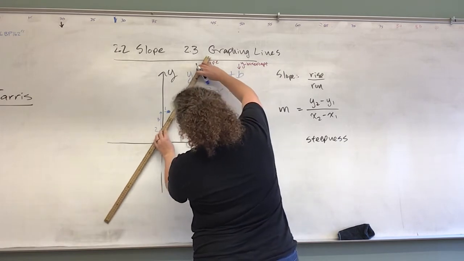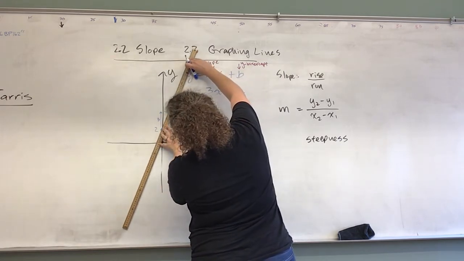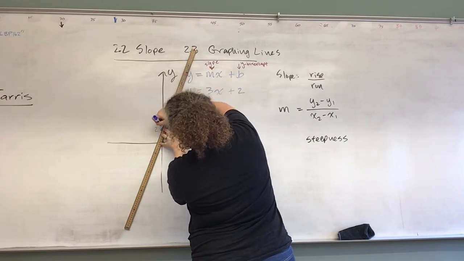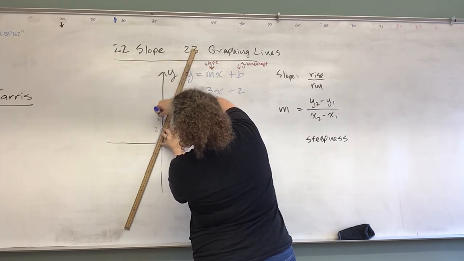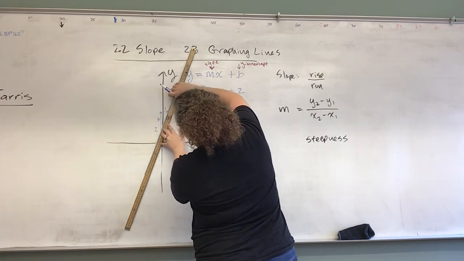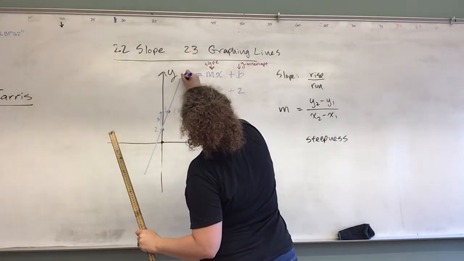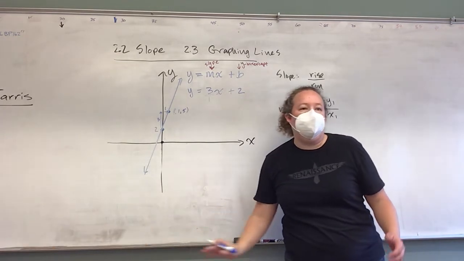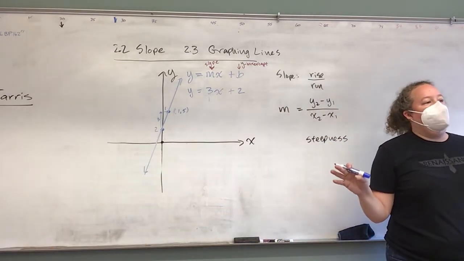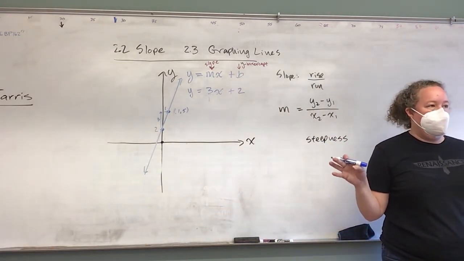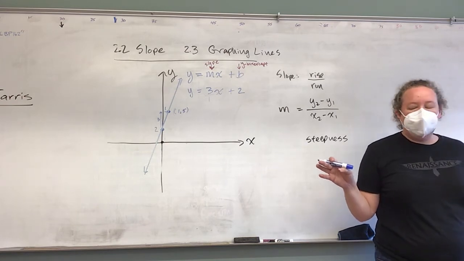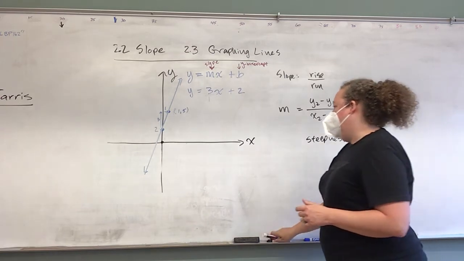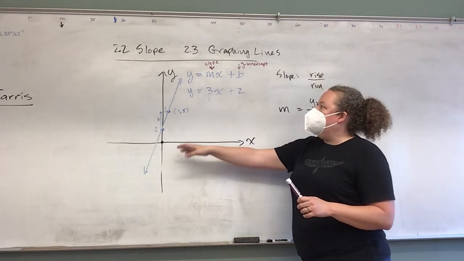And so at this point, we can take a straight edge, and if you don't have a ruler, you can just use the side of another piece of paper or anything that's straight. Because at that point, we can connect these 2 dots and we have correctly graphed this line. I want us to go over, and so obviously,